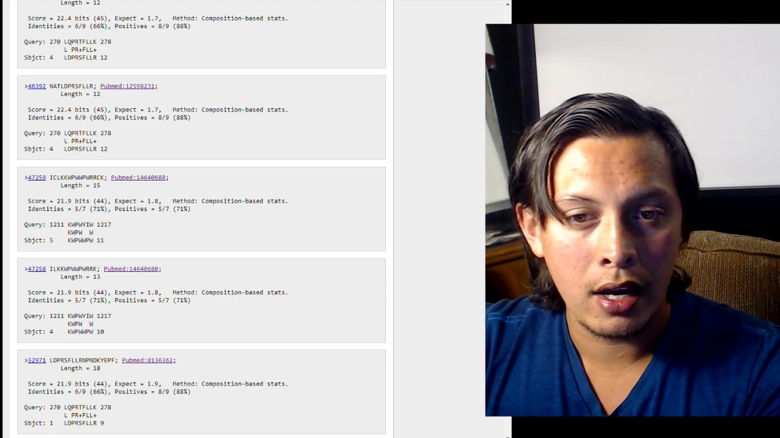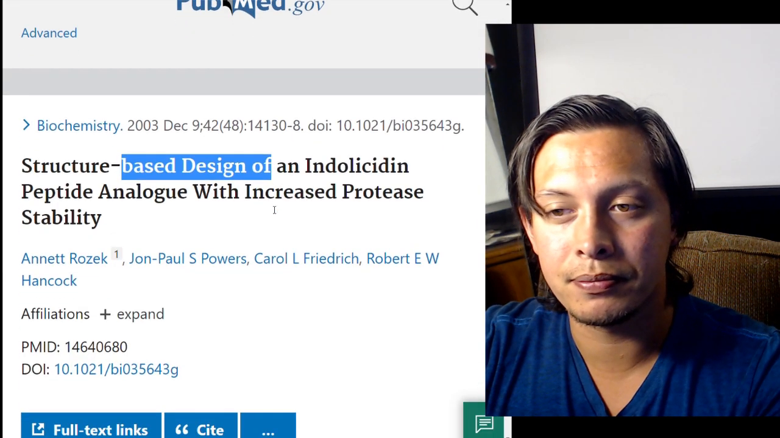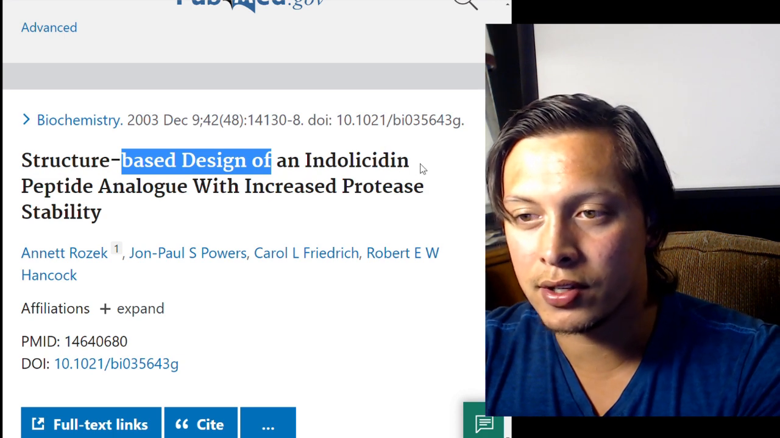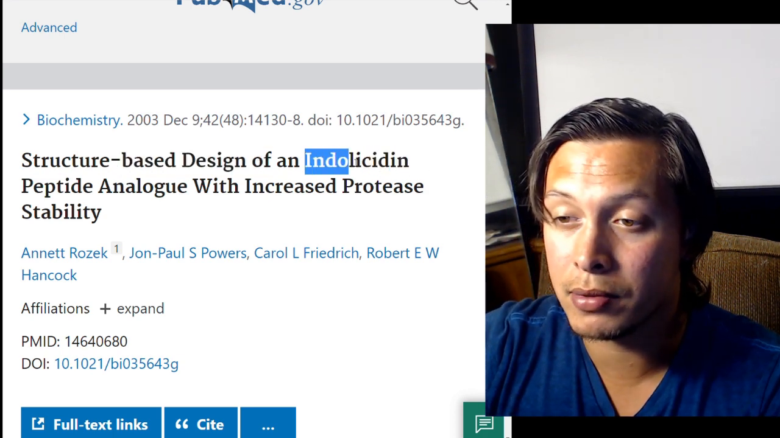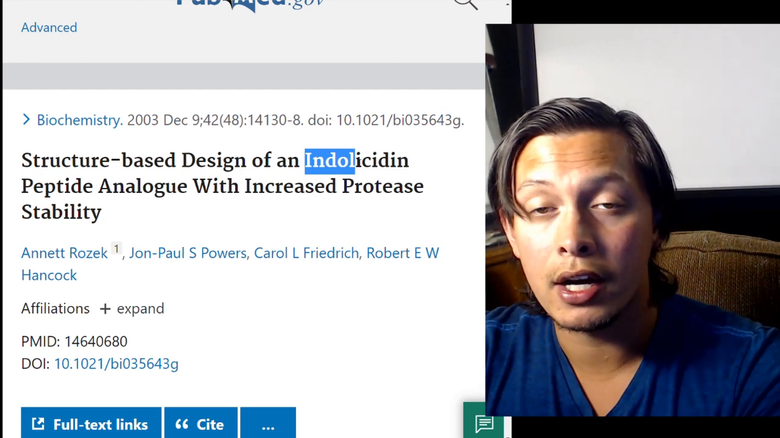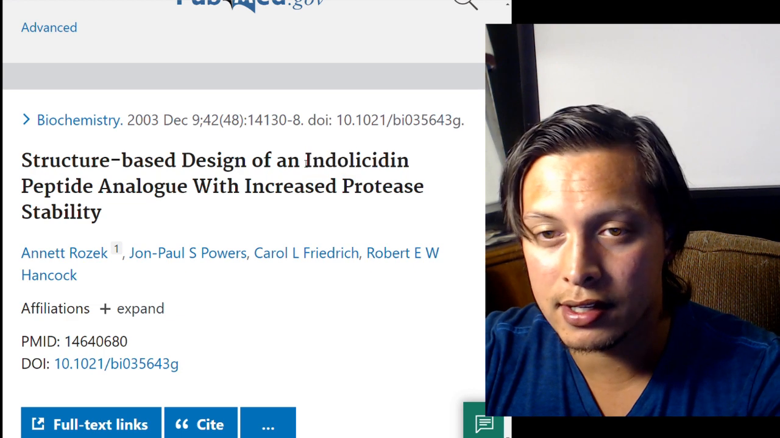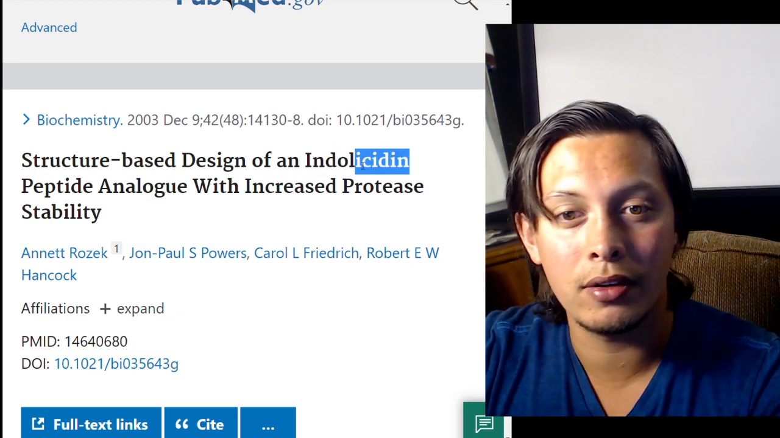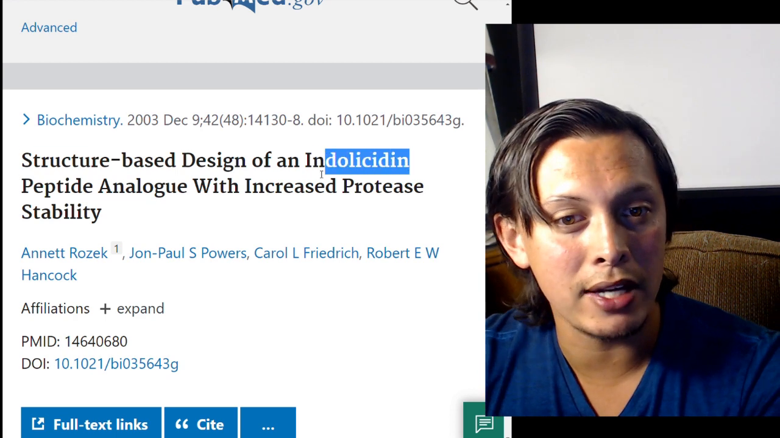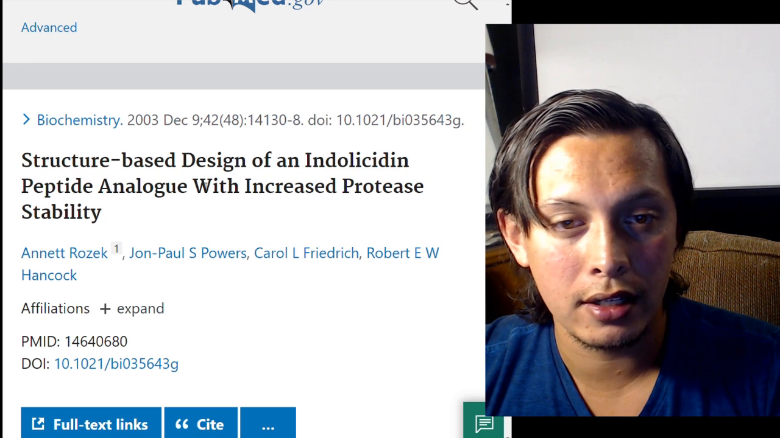So, structure-based design of indolicidin. Oh, and that's why it's called indolicidin. Tryptophan's side chain is an indole group. And so indolicidin means that it is an antibacterial with a lot of indoles on it. So that makes sense. With increased protease stability,